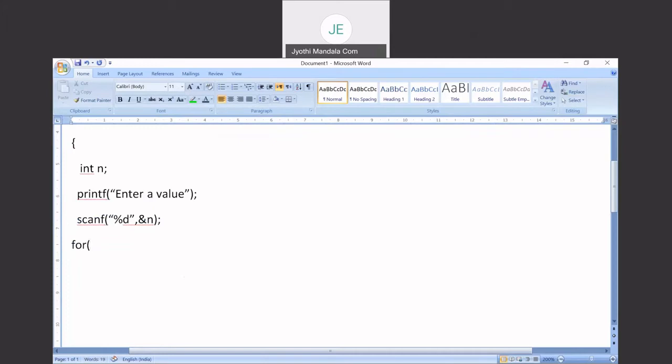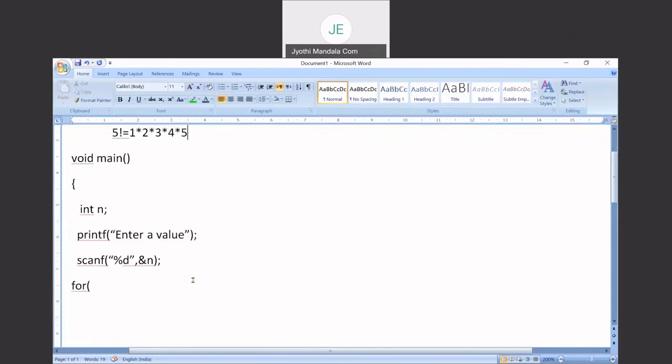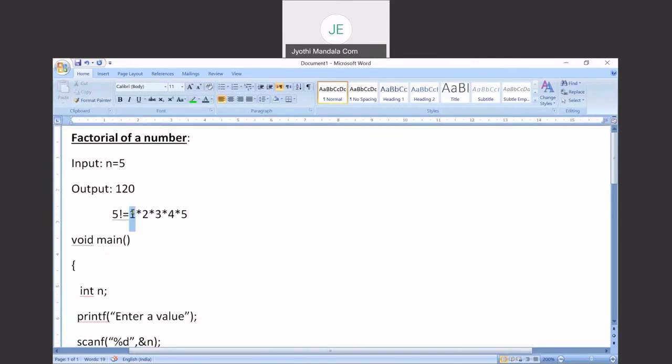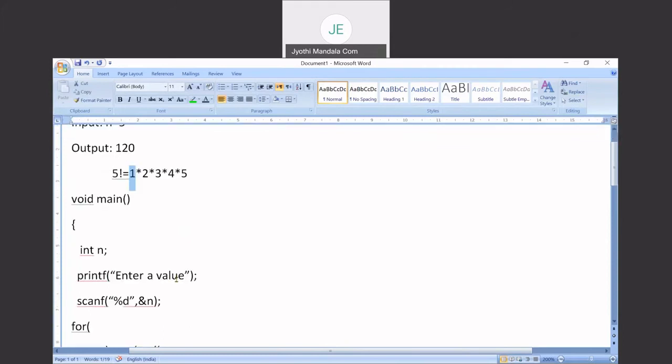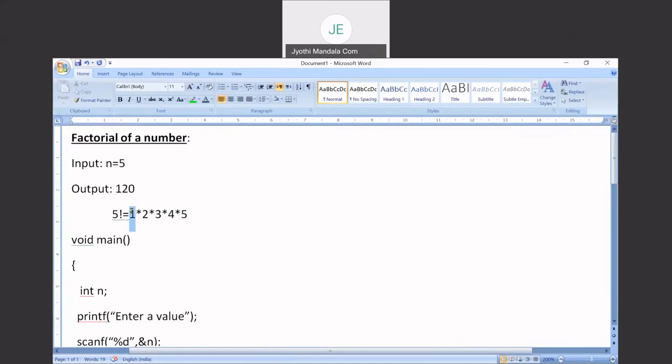Now I want to store the total product, whatever I am getting, in a variable called f. For our reference, why have I taken f? Because we are going to find the factorial, and f stands for factorial. Now, I will be considering the I value starting from what? 1, isn't it? Are you observing here? The I value should start from 1 and it should end with 5.